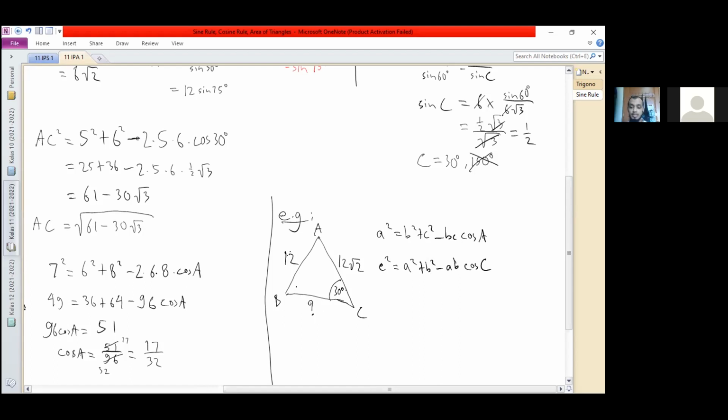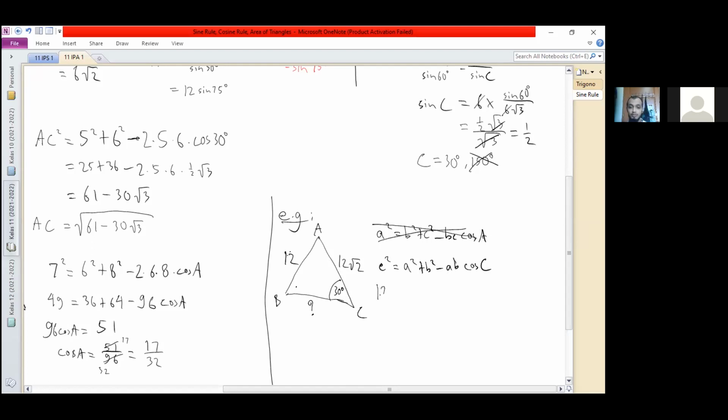But let's look at the formula again. What we have to know here is B, which we have, and C, which we have, but we also need to know the angle A, which we don't have. That's why you cannot use that form of the cosine rule here. Instead, you should use this one. If you are using this one, you get C squared, which is 12 squared,